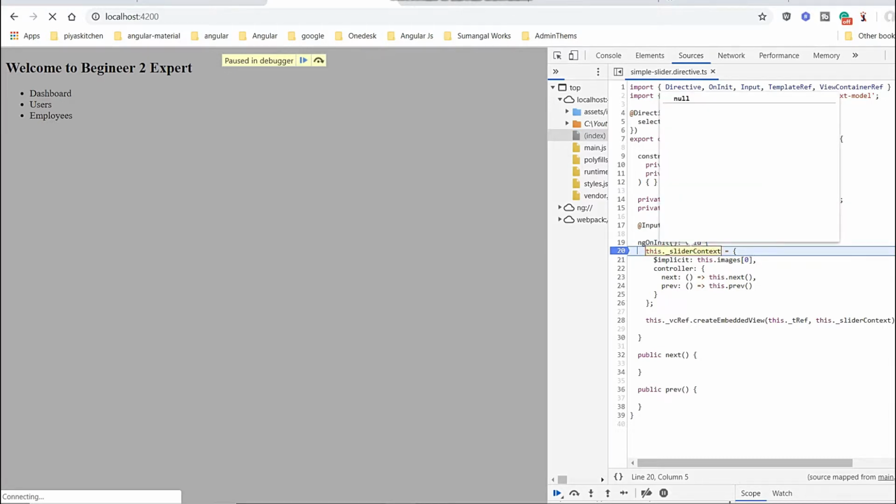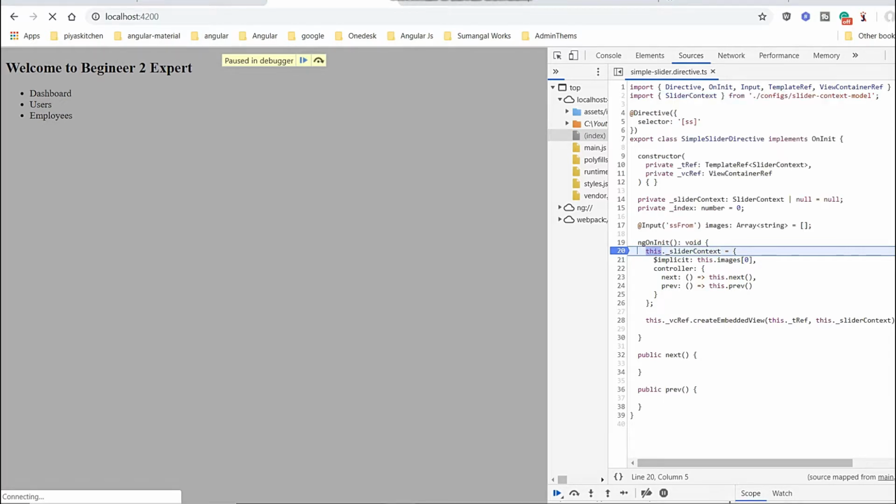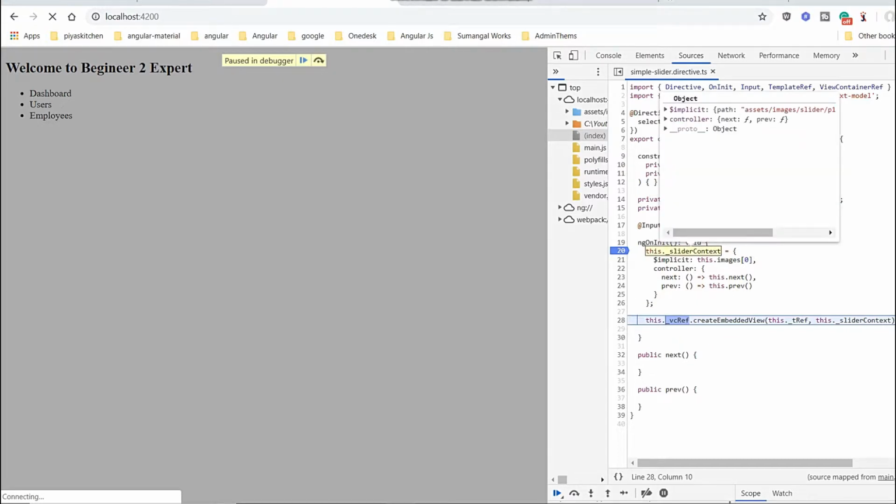Now if you open the slider, by default it is null. The slider context is null by default because I initialized this slider context with the null value. Now if I press F10, then we are actually passing some value to this context. Here, the context controller